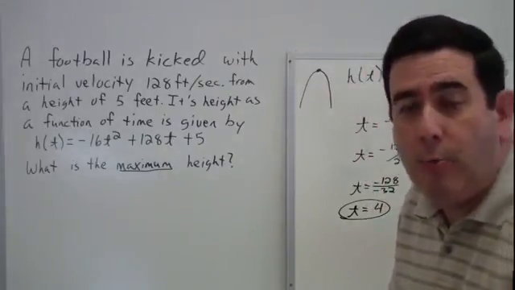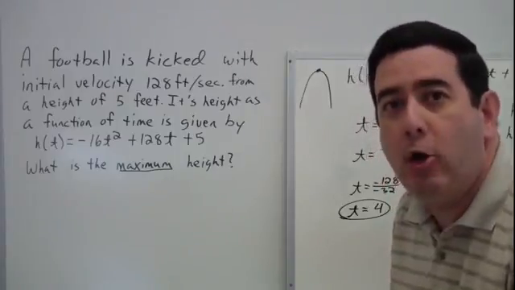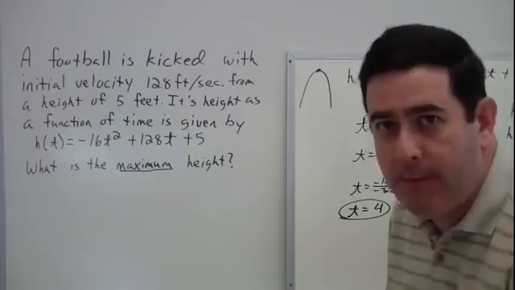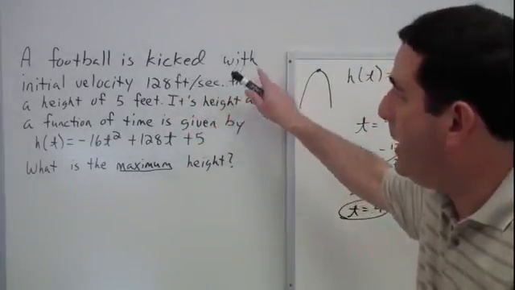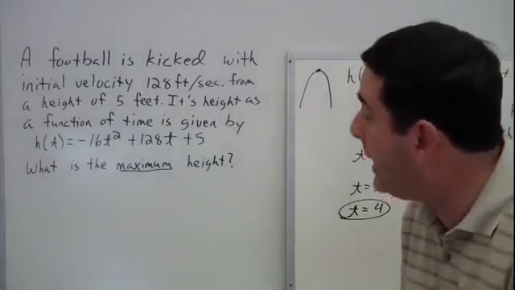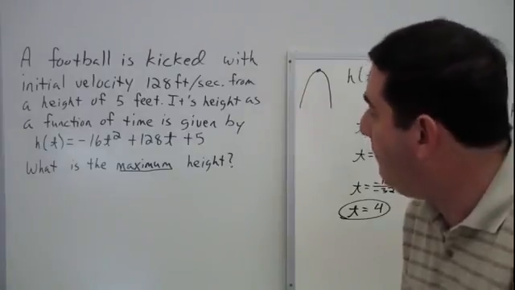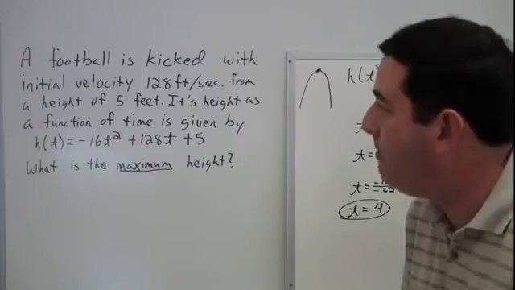Let's look at a word problem involving a quadratic equation where we hear the word maximum. This is in section 3.1. We'll see that a football is being kicked with an initial velocity of 128 feet per second. It's starting out at a height of 5 feet, and its height as a function of time is given by